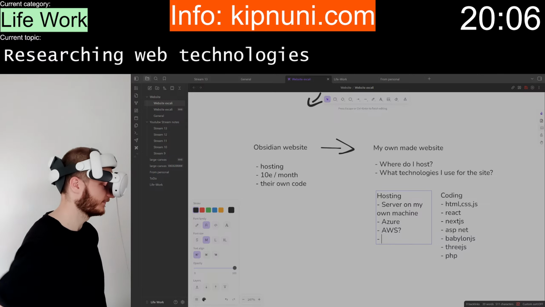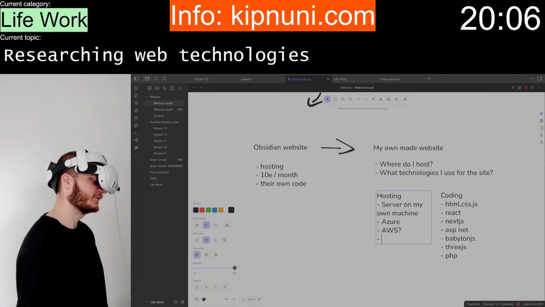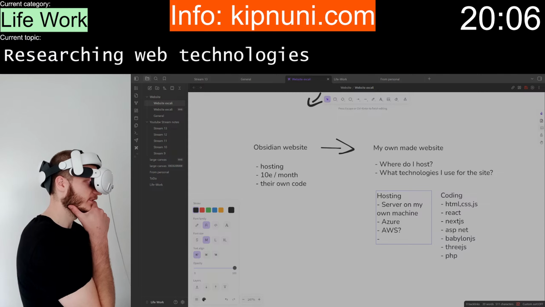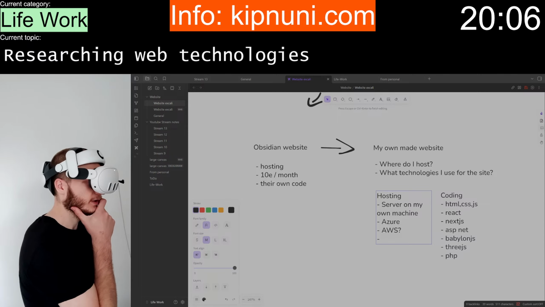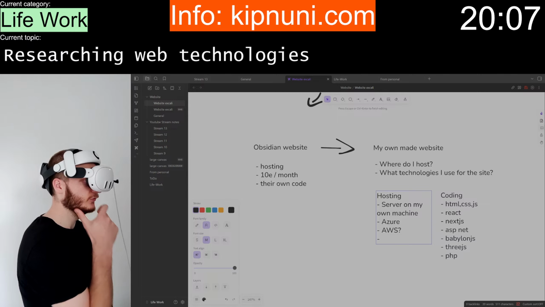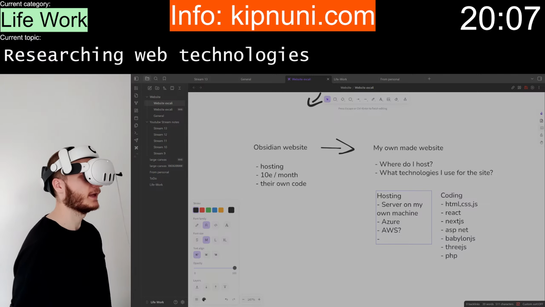I have so little experience, I can't even remember the terms, but there's an option to choose their service. So maybe they have the server already running and I can just put my website there. That's the easiest one.